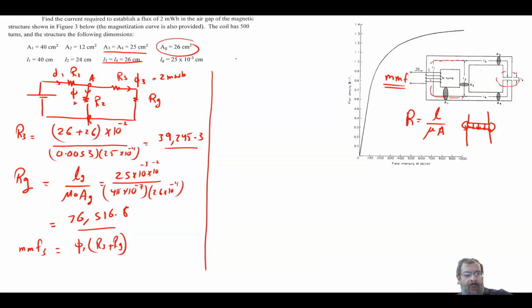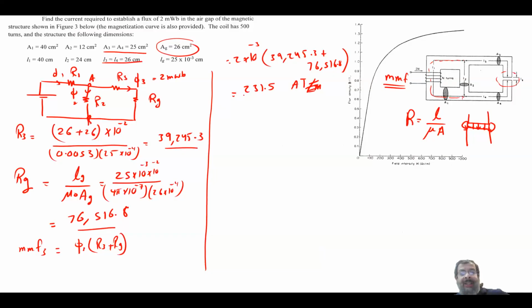Basically it's equal to the flux, 2 times 10 to the minus 3, times R3, 39,045.3, plus 76,516.8, and here we get 231.5 ampere turn. So this is your Ni,